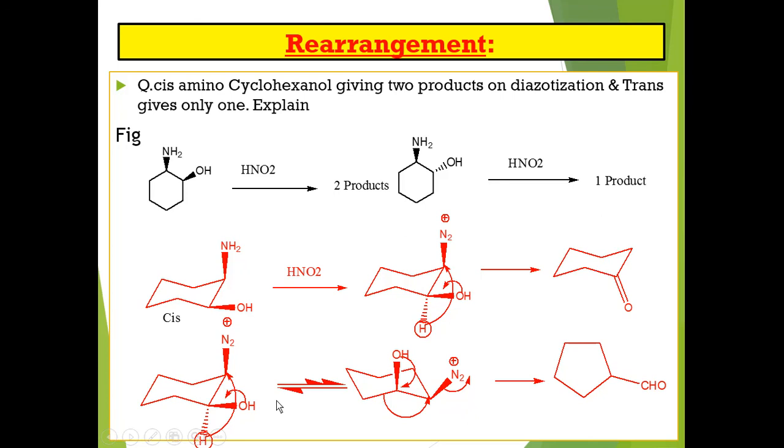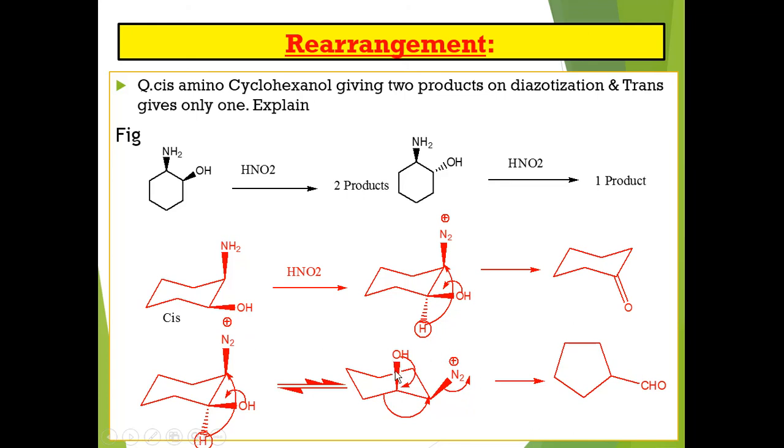And one more possibility: the cis amino cyclohexanol is flipped, formation of the EA isomer. Here ring flipping takes place, and after ring flipping the axial diazonium ion goes toward the equatorial side,